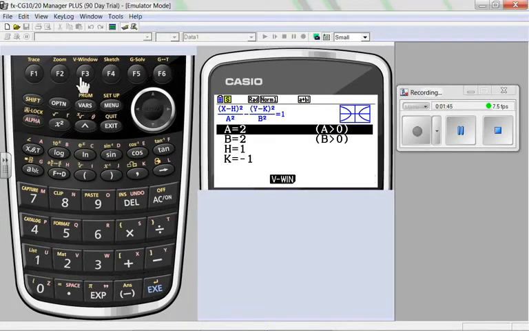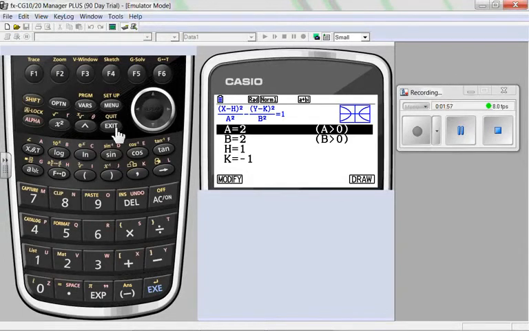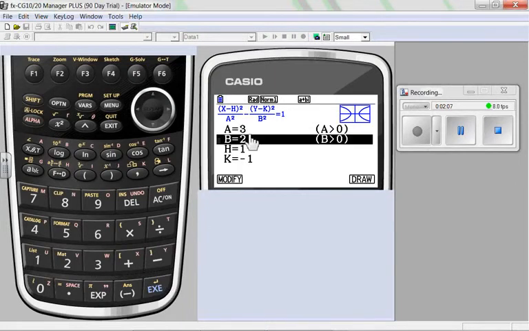Just to show you, I am in the initial viewing window, not the standard. The initial viewing window will let my ellipses look like ellipses and hyperbolas look like hyperbolas. They don't look distorted. What I do at the beginning of this unit is to show the modify. I'm going to make my A and B different. Also notice that A is A squared when I put it in, and B is B squared, so those are going to be slightly different, but A and B are the values that I want.